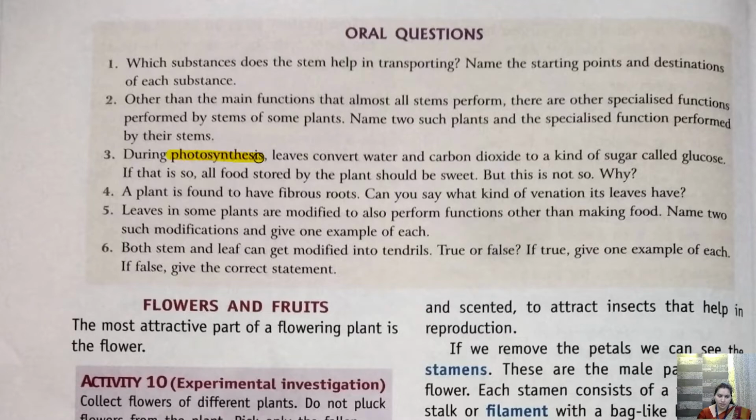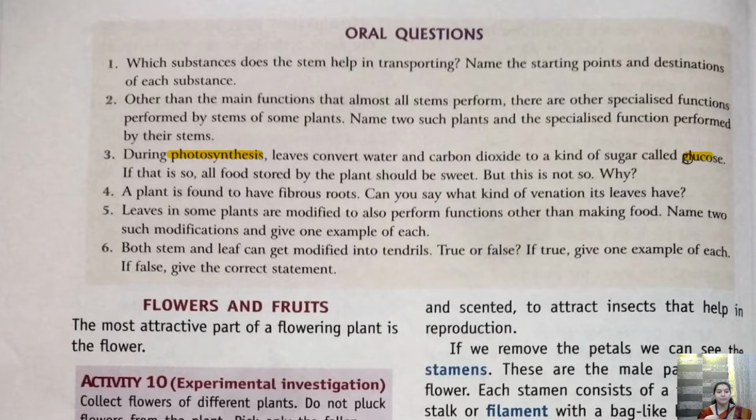During photosynthesis, leaves convert water and carbon dioxide to a kind of sugar called glucose. Okay, we know what happens in the process of photosynthesis? In the presence of water, sunlight, carbon dioxide, and chlorophyll, what happens? A leaf prepares the food, and the food that is prepared is a sugar content that is called